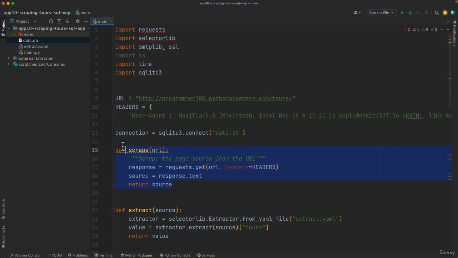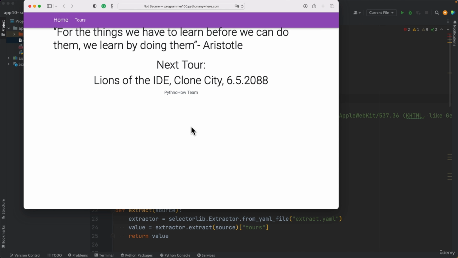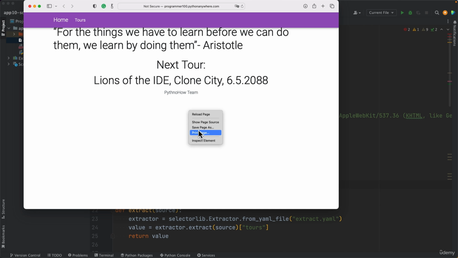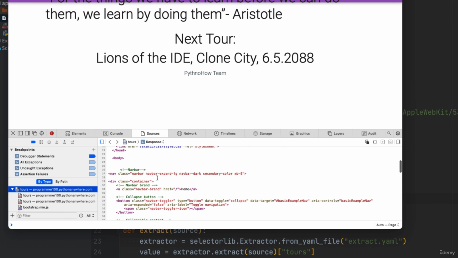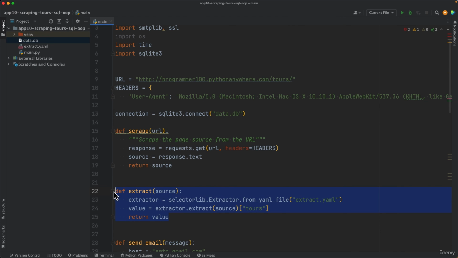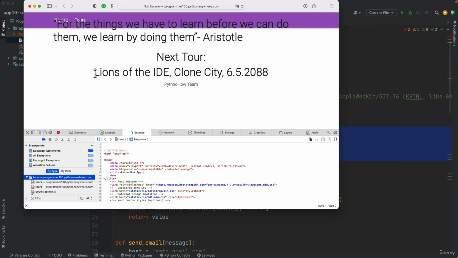Then we have this scrape function. What this does is it visits this URL in here, which points to this website, right? And then this function gets the source code of that page, which corresponds to this HTML code here. And then this other function in here gets that source code that this function returns, and it extracts only this part